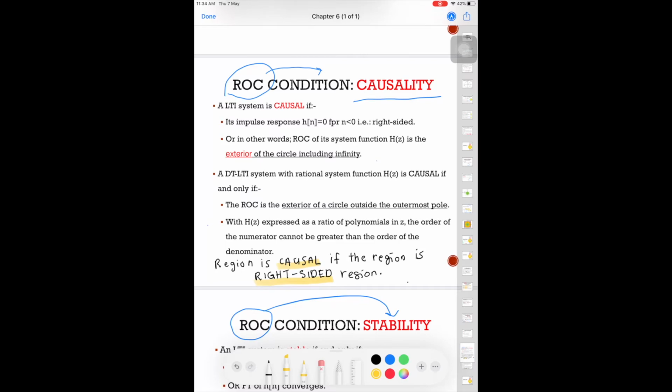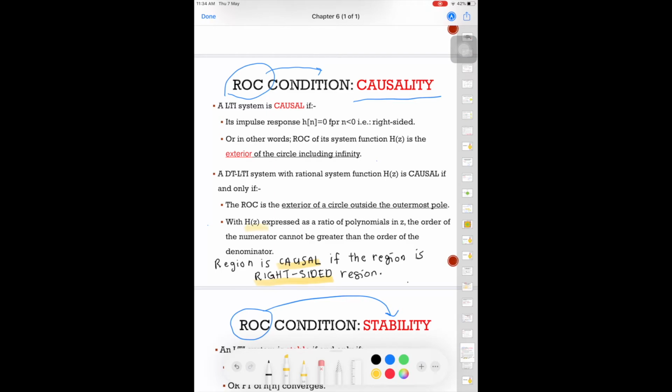What happened to left-sided and two-sided signals? Two-sided region? It is actually not causal. Why? Because based on the definition, the ROC is causal if the region is the exterior of a circle, or in other words, the region is outside the outermost pole,